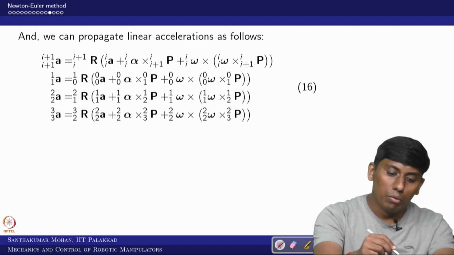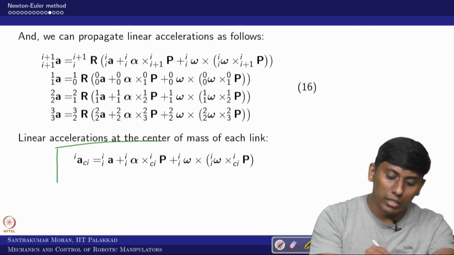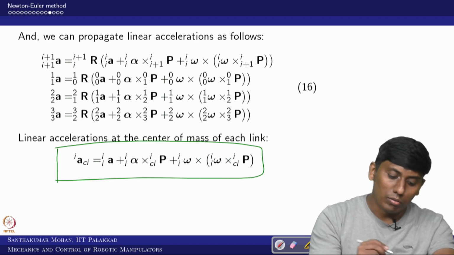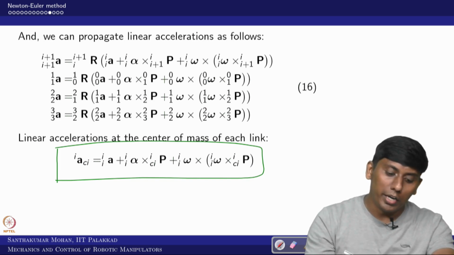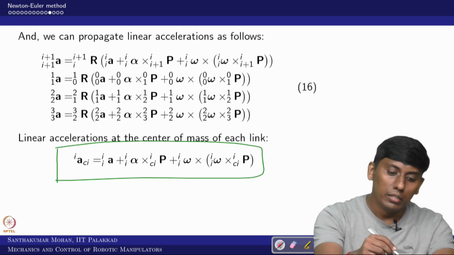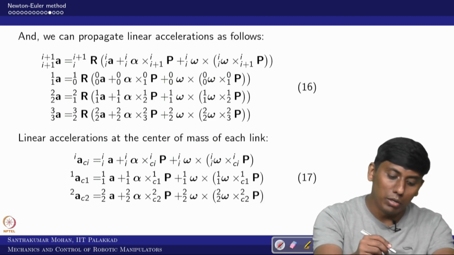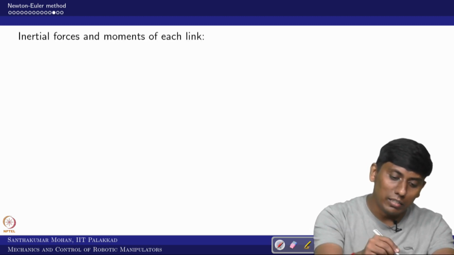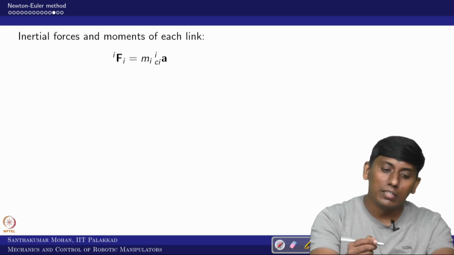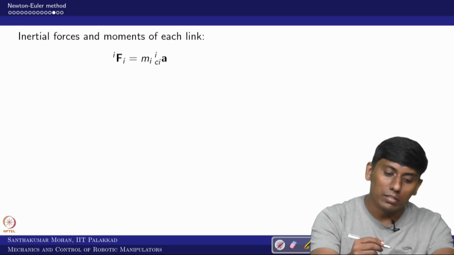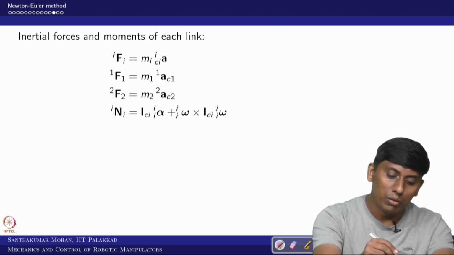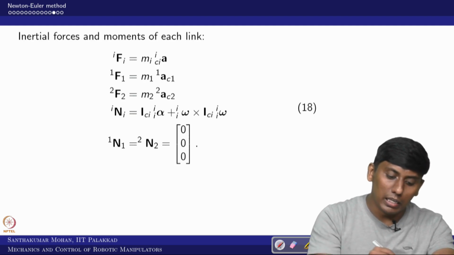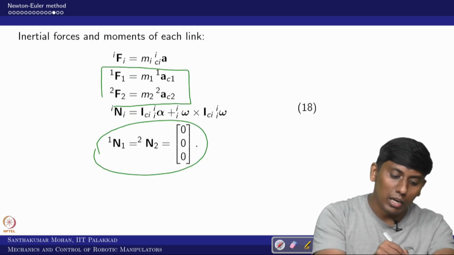Once you have obtained that, then you can go to the centroidal. The centroidal we can calculate based on the corresponding frame. So if you talk about link 1, you take joint 1 and then do it. Similarly, AC1 and AC2, then you can calculate the inertial forces and moments. In this case, we assume it is a point mass, so the inertial moment would be 0. So that is what we can see, and these two we can calculate.